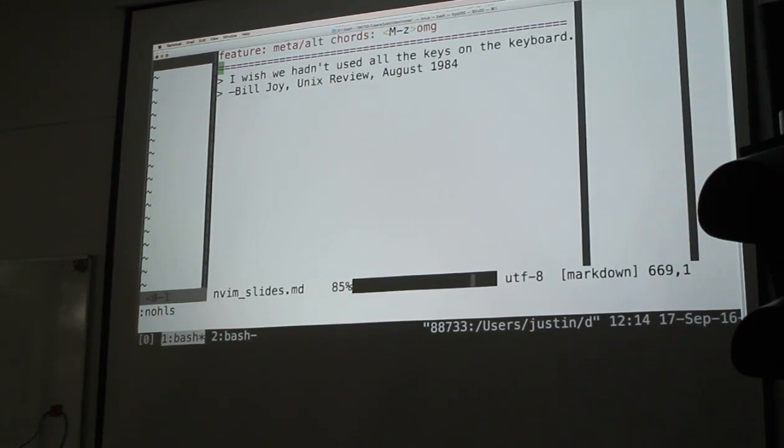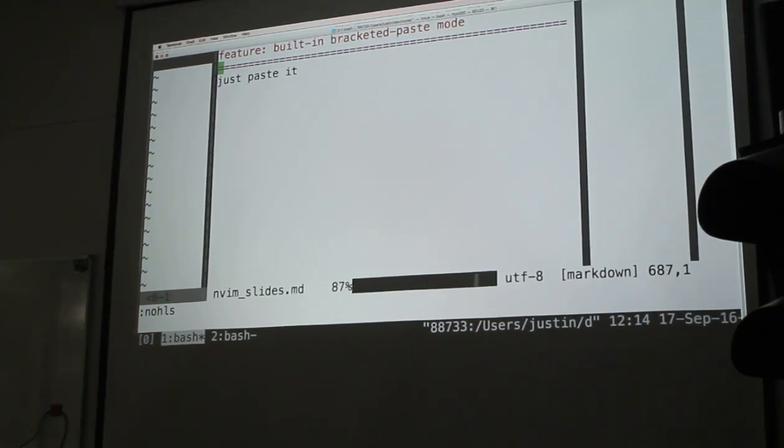This is my favorite feature because it's something I fixed and it really bugged me, but it's also kind of small. But meta keys work correctly everywhere, in every terminal in Neovim. And there's a fun quote here from Bill Joy. And he might be happy to know that an entire namespace of key maps opened up because now you can use the meta key. Built-in bracketed paste. XDG support, if you care about that, then you'll like it a lot.